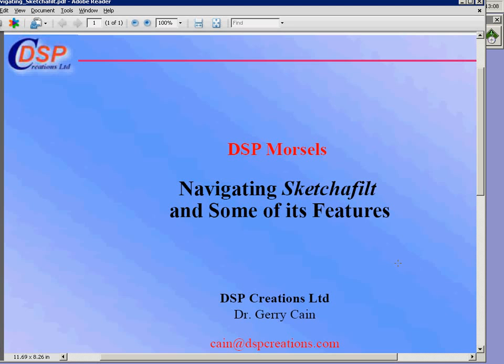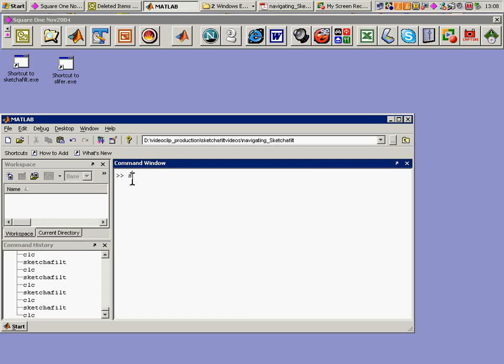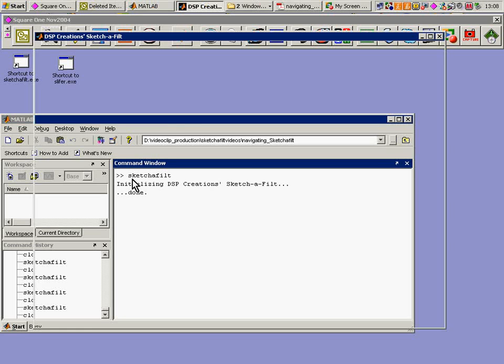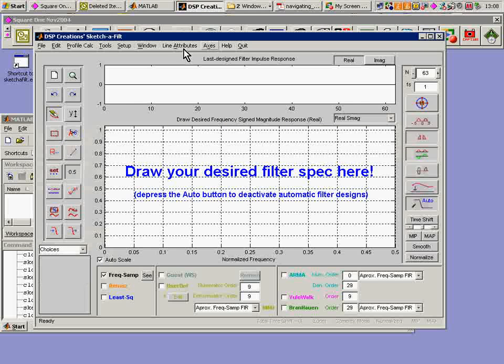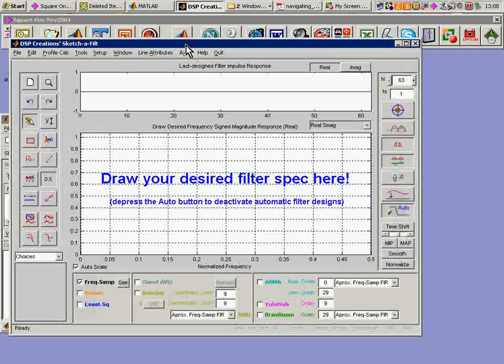Okay, I'm going to be navigating Sketch-a-Filt and showing you some of its features. I go to the command line and type Sketch-a-Filt to invoke the tool. Up it comes. Here's the GUI where everything, well, almost everything happens, although we do have a few subsidiary displays